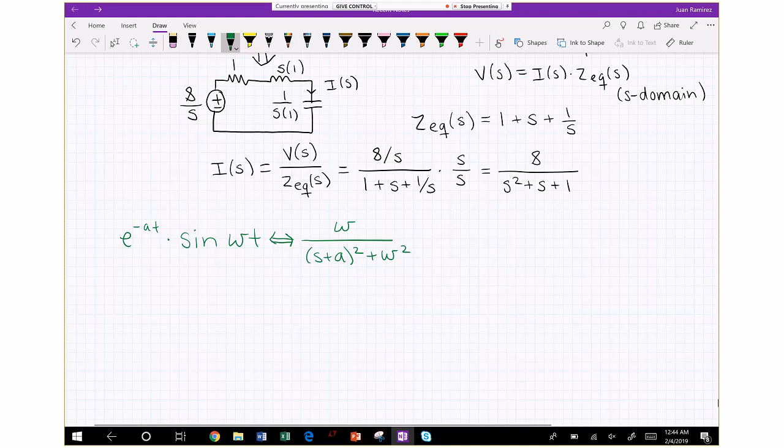So then the question becomes, can I put this I function to be in that same form? And the answer is yes. So how could I get my s squared plus s plus 1 to look like s plus a squared? And the way we do that is